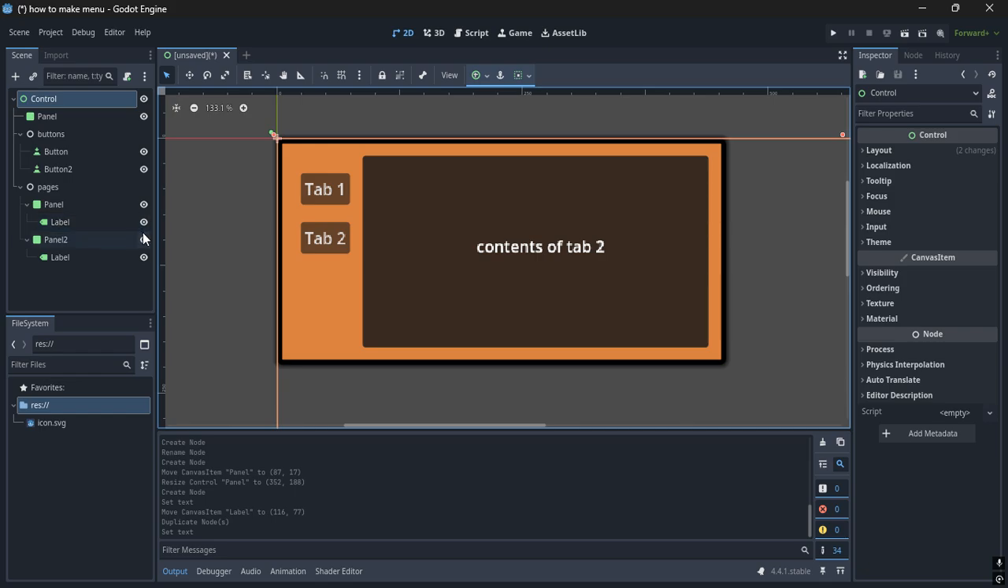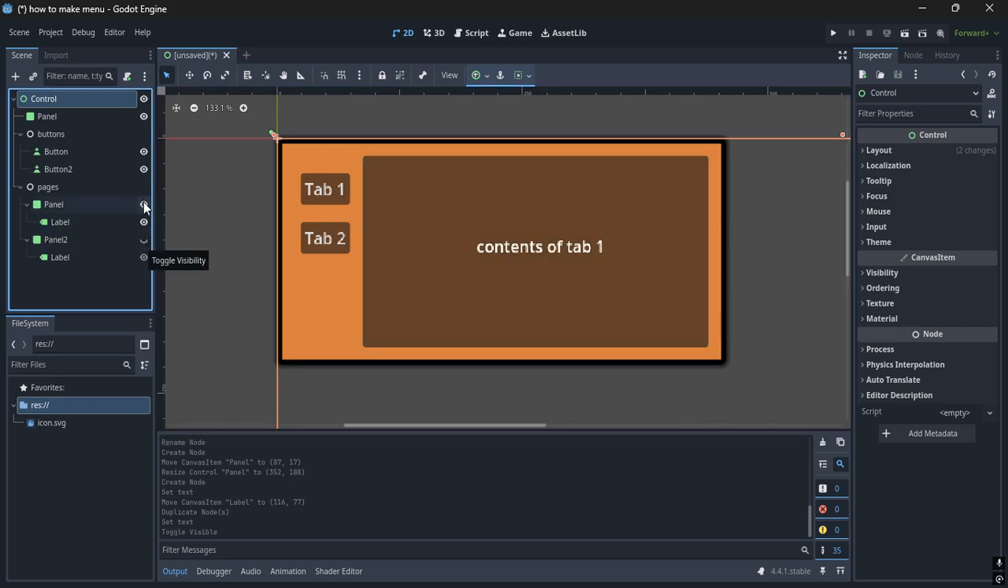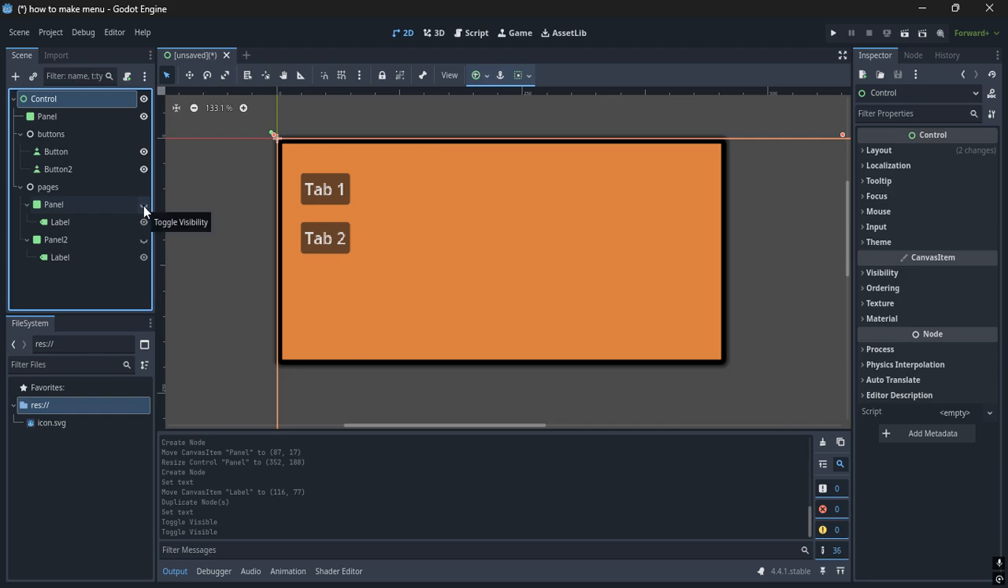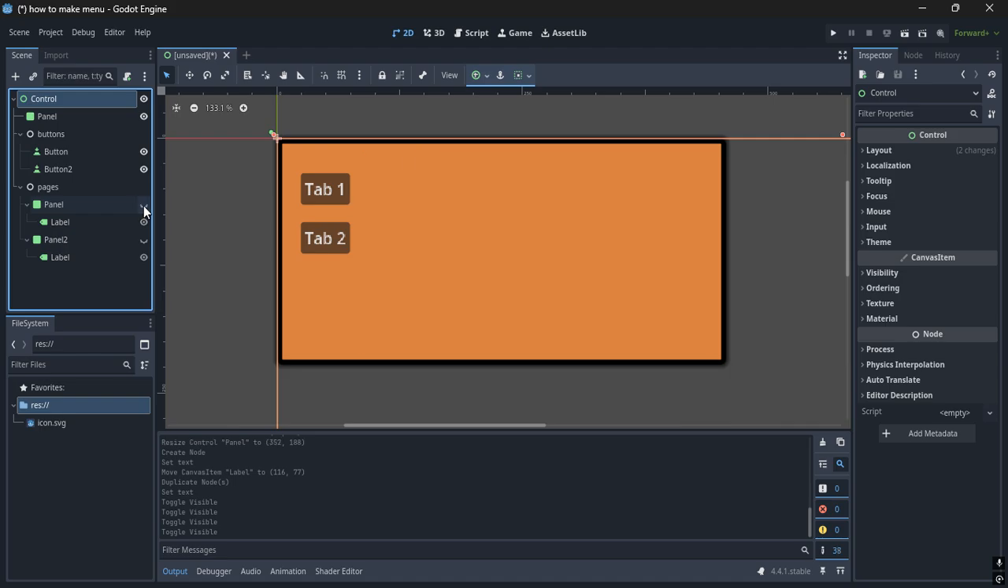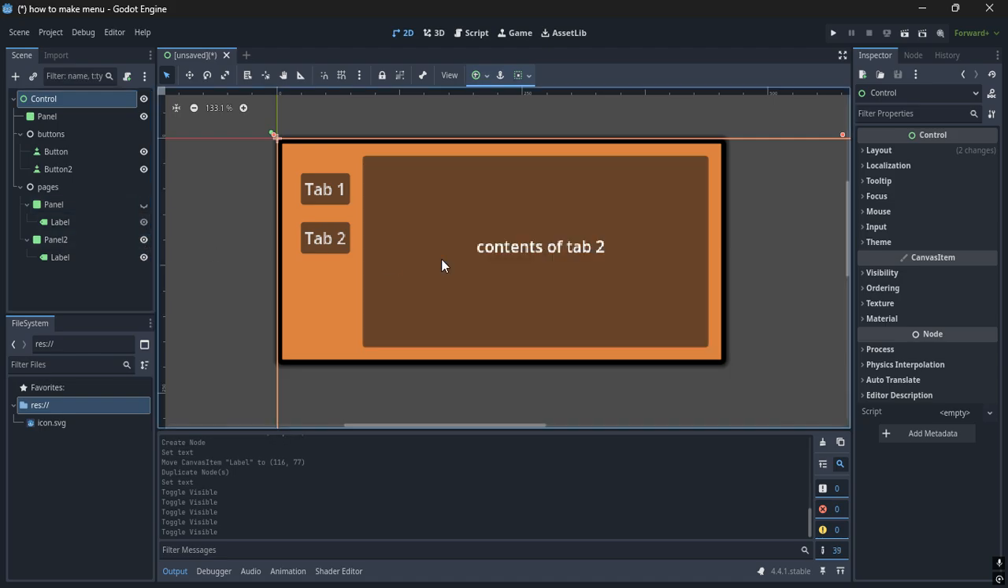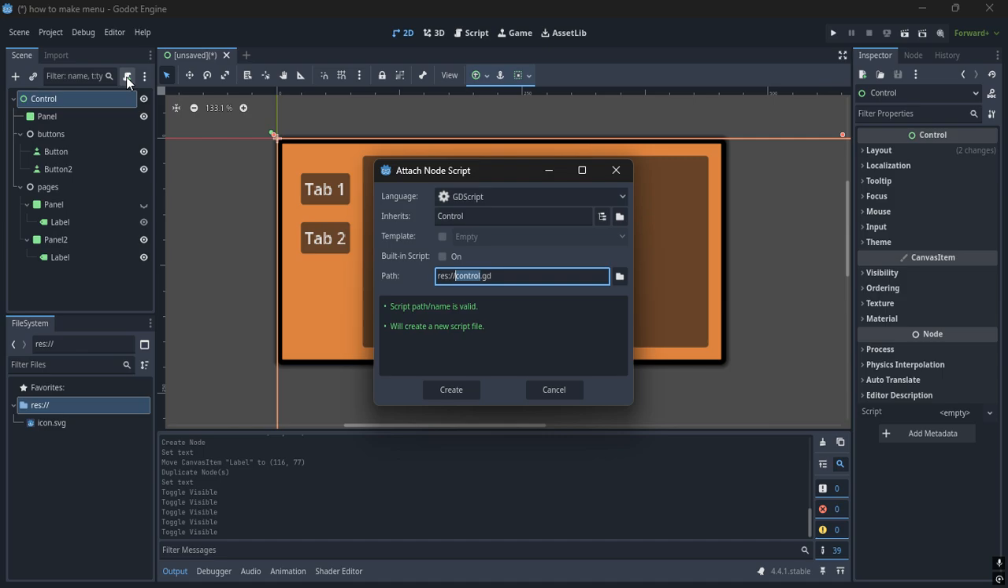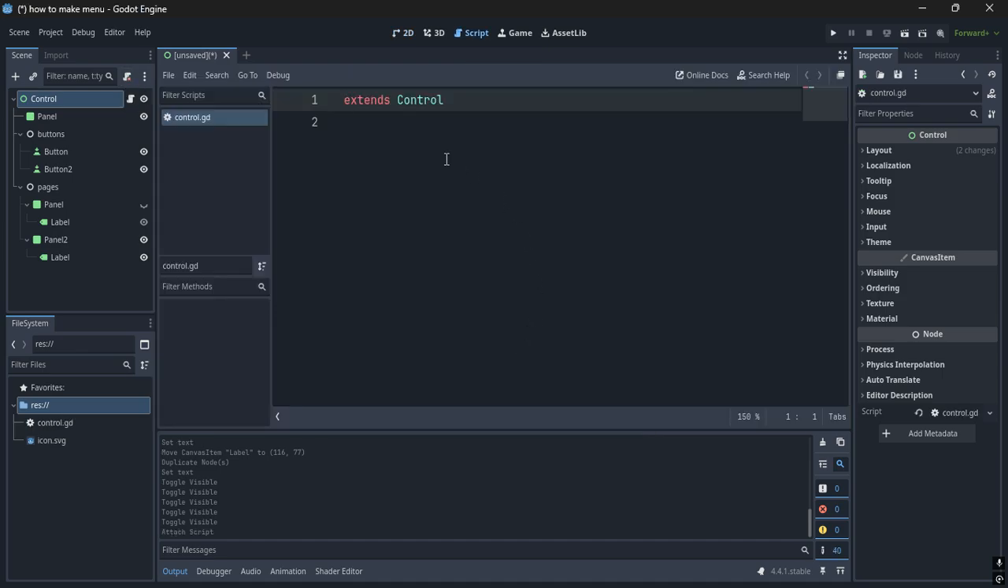Okay, so what we'll be doing is basically hiding and showing the required tabs. Okay, so like this, if we want to see the tab 1, then we hide it, then show tab 2. This is what we'll be doing. So go to control, add script, create, then